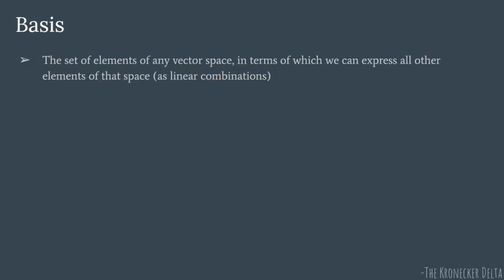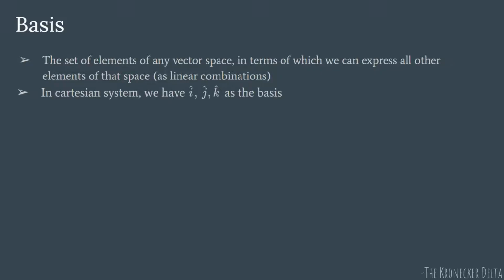Now we'll understand what bases are. For any vector space, a basis is a set of elements that span the entire space. That is, you can represent every element of that space as a linear combination of these basis elements, and all these elements should be linearly independent. This we learn in a basic linear algebra course. So there are two requirements for a basis for any particular vector space: it should generate the entire space and the elements should be linearly independent.